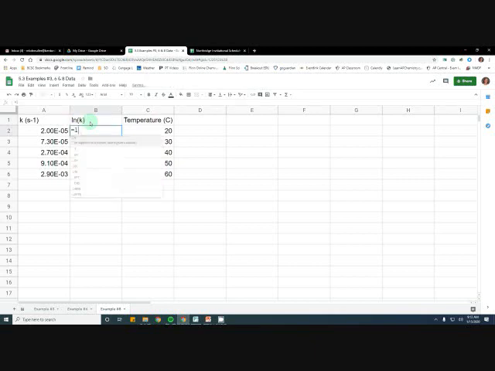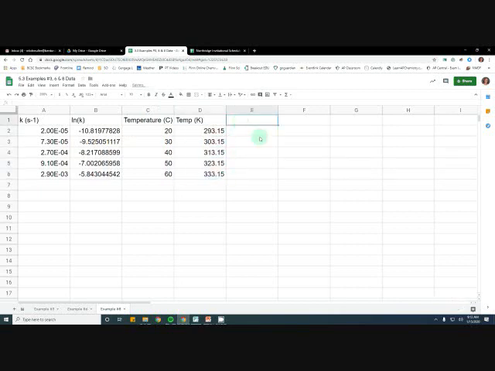And again, I will go through in class how to do this quickly with you, but for the sake of the video, we're going to go faster. So those are all my natural log values, and then for temperature, we need the temperature in Kelvin before we can inverse it. So I'm just going to have this do it quickly, and we know that Kelvin is plus 273.15, so then that will do that for all my temperatures. And then I need to take the inverse of the Kelvin temperature. So I would just have to say 1 divided by and click on my Kelvin temp,